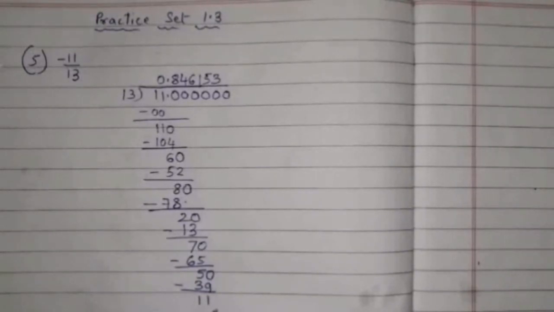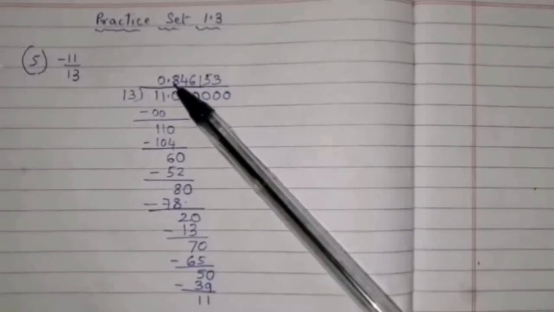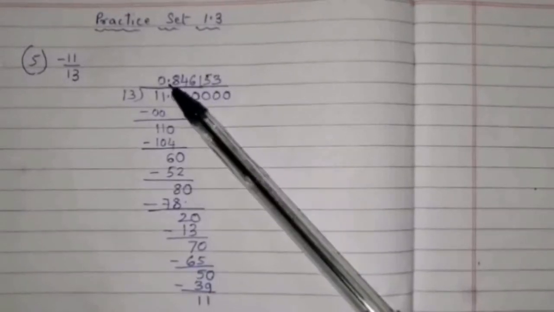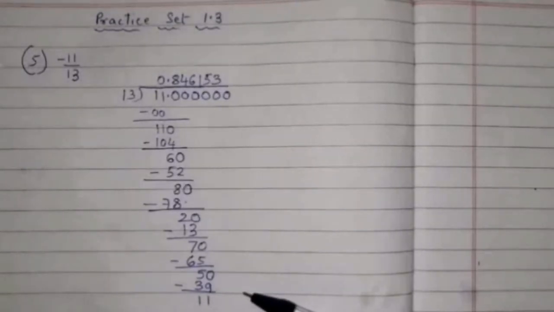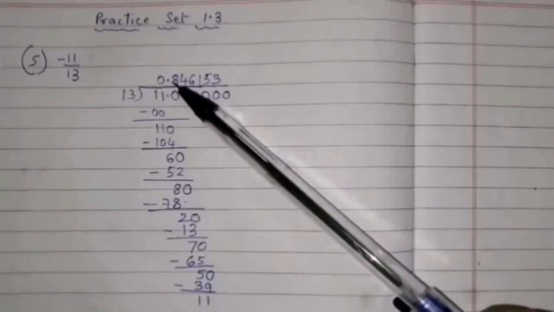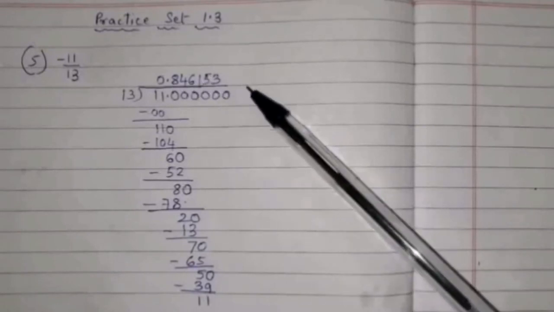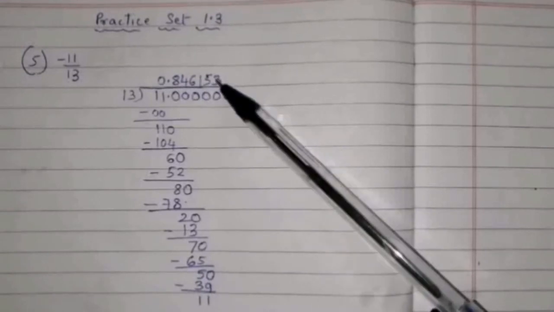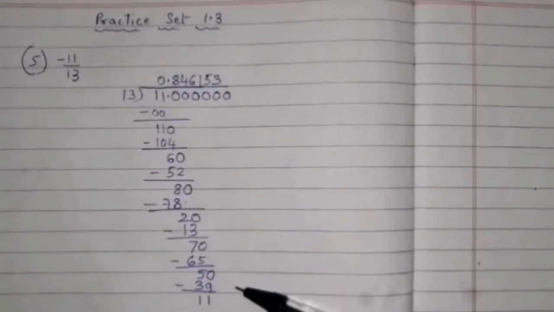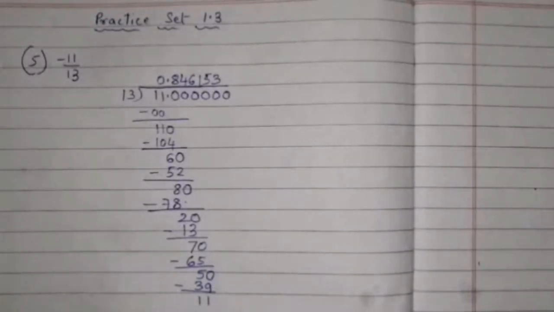So if you carry on division by taking more zeros, then the same quotient will be repeating. Same sequence will be there in the quotient: 8, 4, 6, 1, 5, 3. Again the remainder will come 11 and then 8, 4, 6, 1, 5, 3 will be the quotient. So the quotient will be repeating with the same set of these digits. So we will not carry out division further and we will write this in the decimal form as